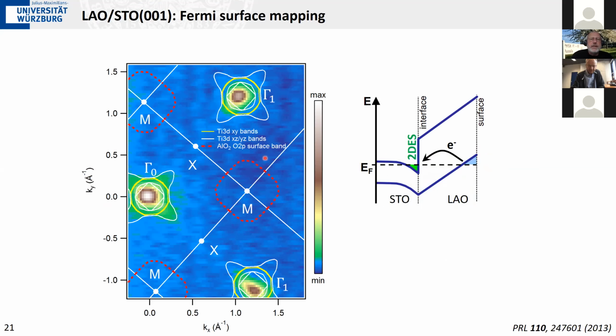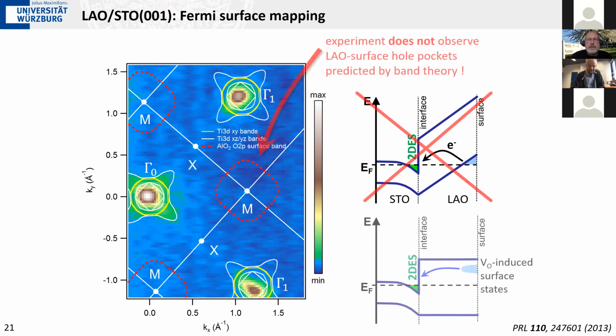So we should be seeing some intensity here that crosses the Fermi level, some Fermi surface, and clearly we don't see it. This agrees with our former observation of the density of states, that this LAO valence band does not cross the Fermi level. So we have rather a flat band situation here, where the LAO valence band always stays below the